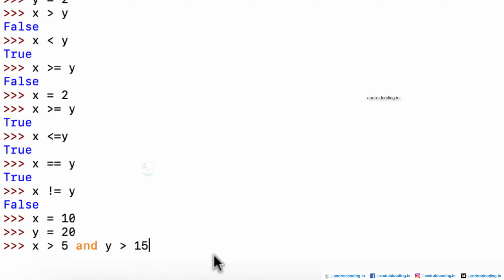For example, let us see there are two subjects in a particular exam, and you need to pass both subjects to get the final result as you have passed the exam. Let us consider subjective and objective here.